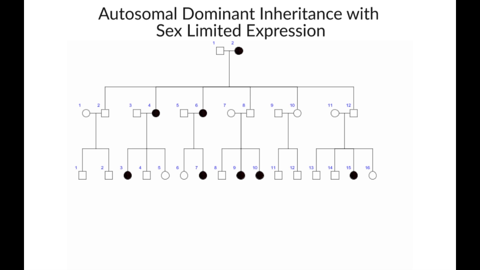Here's the opposite, that is autosomal dominant with sex limitation in females. So you see that there is transmission from generation to generation, but that only females manifest the trait. So a male would appear to be non-penetrant because of not being the sex that would be affected by this